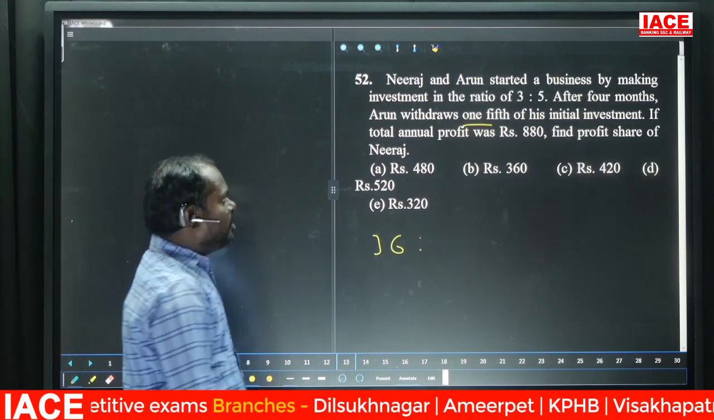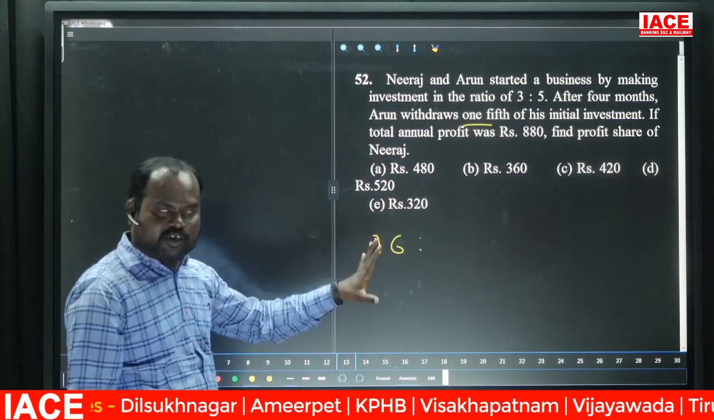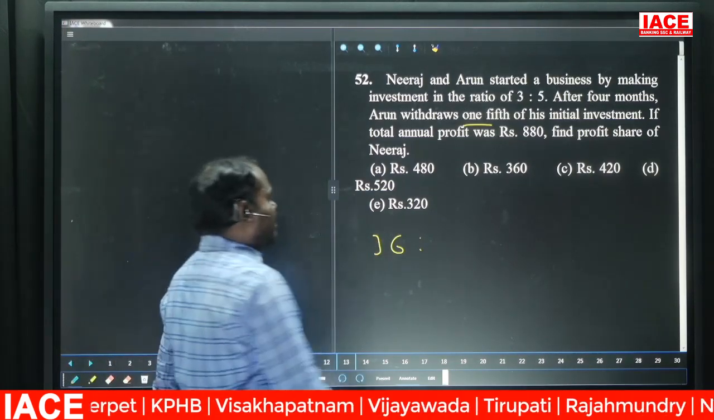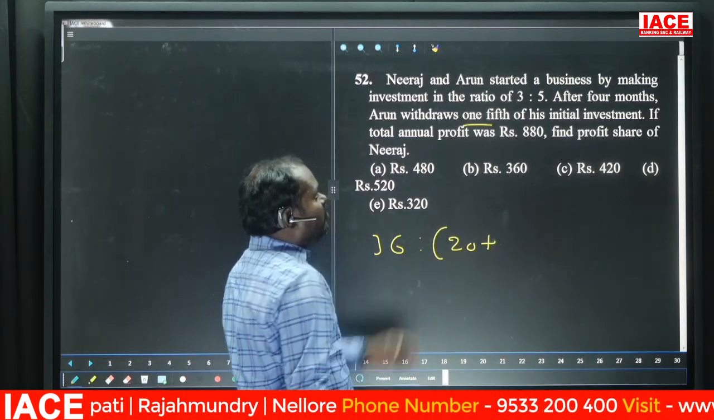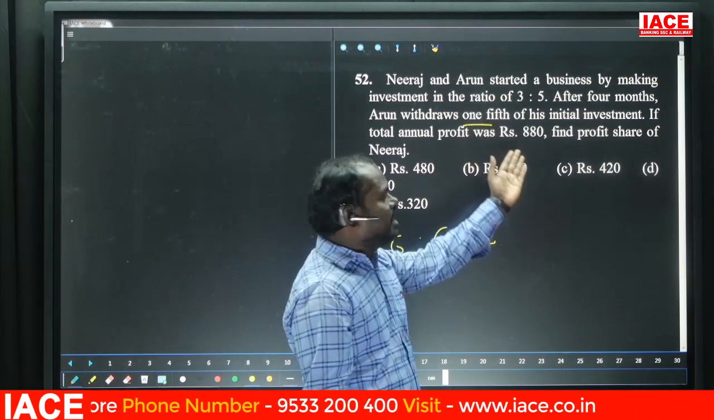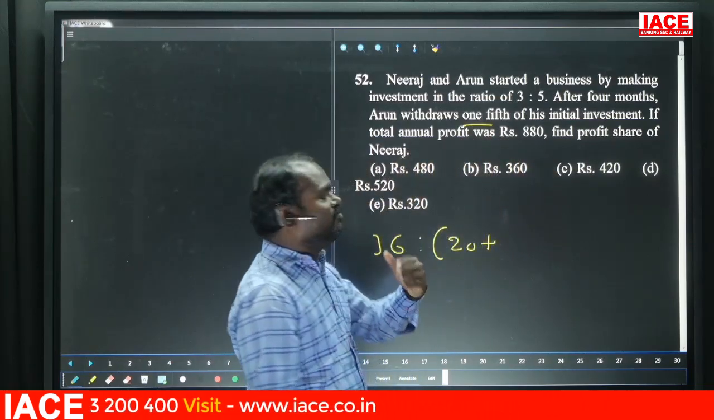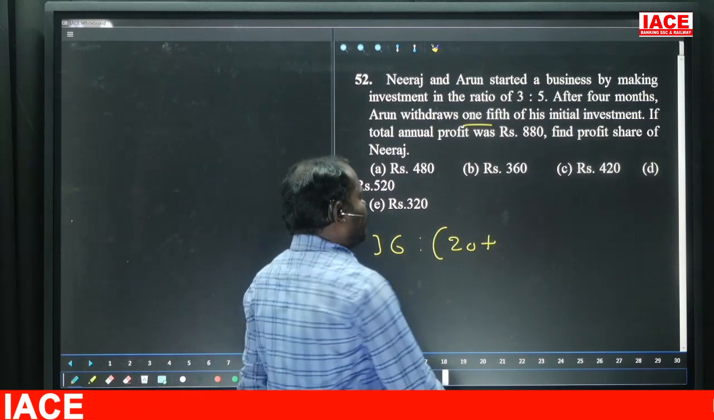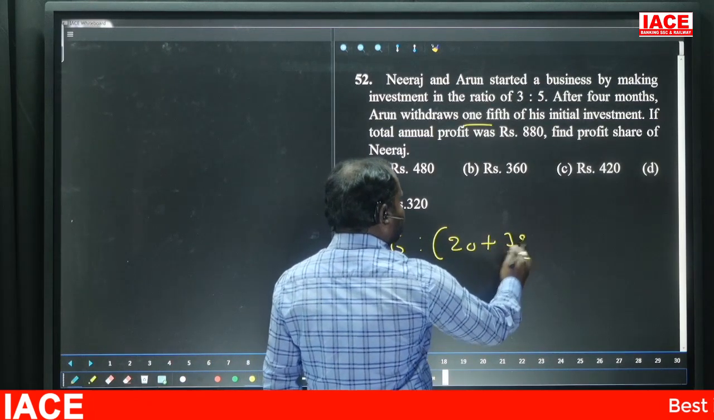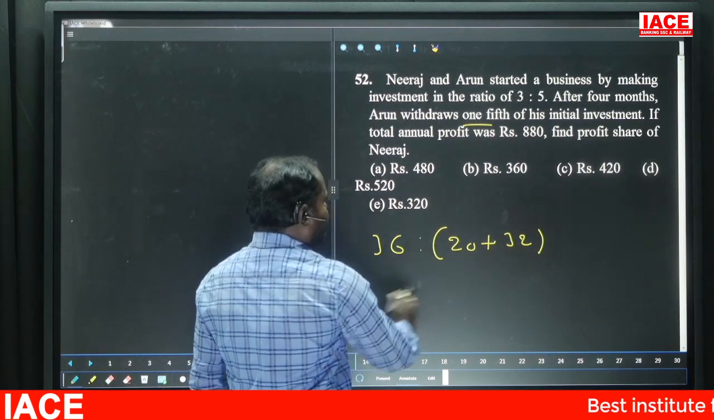In the case of Arun, he started with 5 for 4 months, so 5 fours are 20. After 4 months, 1/5 is taken out. 1/5 of 5 is nothing but 1. 1 taken out means the balance 4 will be left, 4 into the balance 8 months, 4 eights are 32. So 36 is to